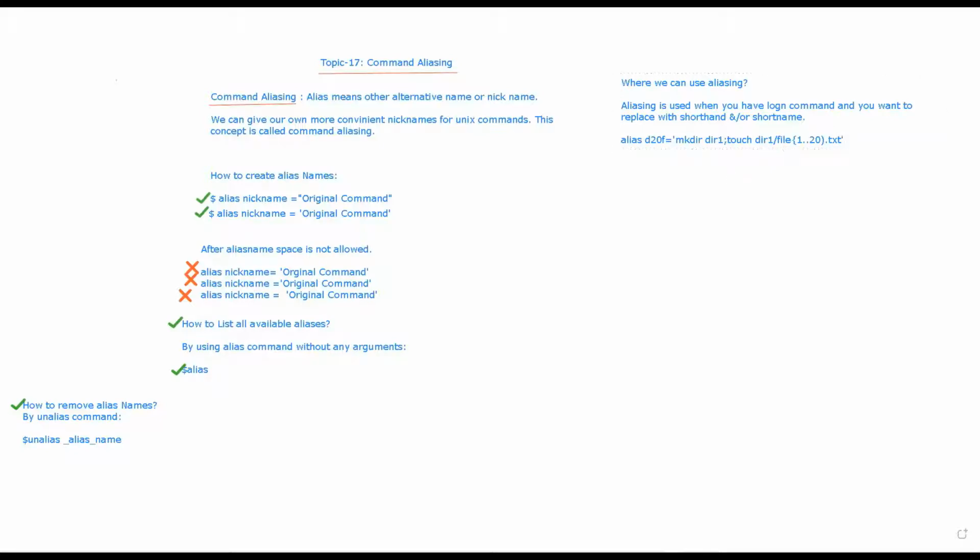The alias name here is d20f, right? And what precaution did I take? There is no space after the alias name and after the equal sign. So this big command I can refer to by using this alias name, right? That is how we can use the alias name.